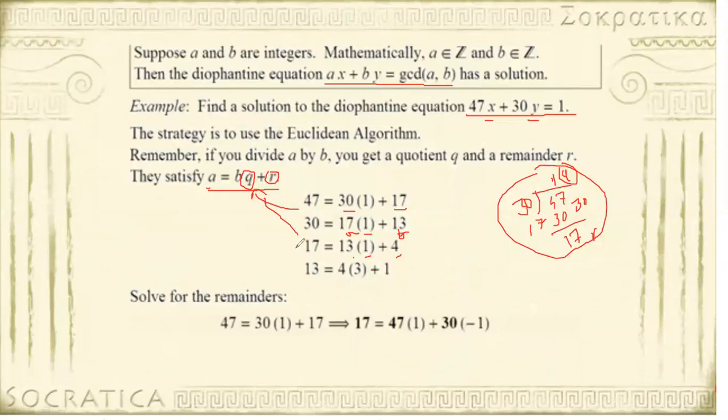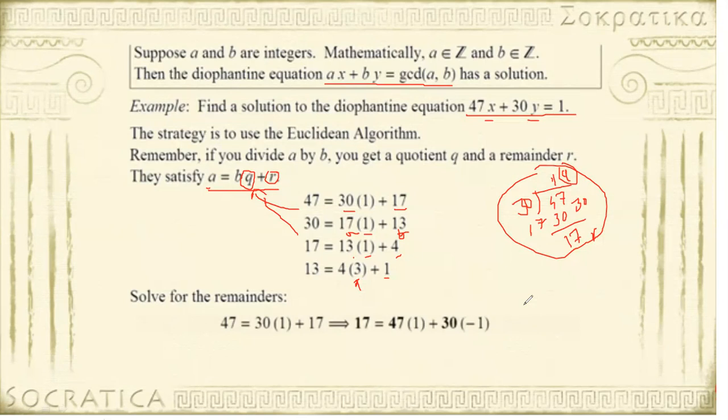What we will do again, we will put these values into the equation, and 13 is equal to, b is 4. Now here the quotient is what? Four threes are 12. So 3 is your quotient, and 13 minus 12, that is 1, is your remainder. So we have put these values repeatedly for a and b, and we get this number of equations.